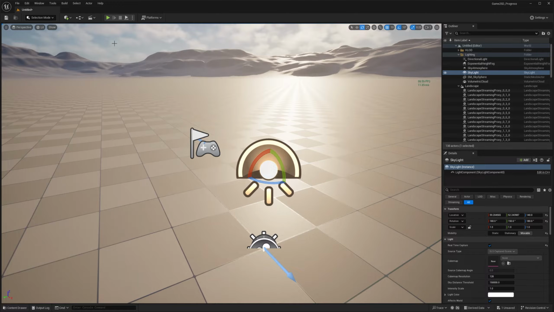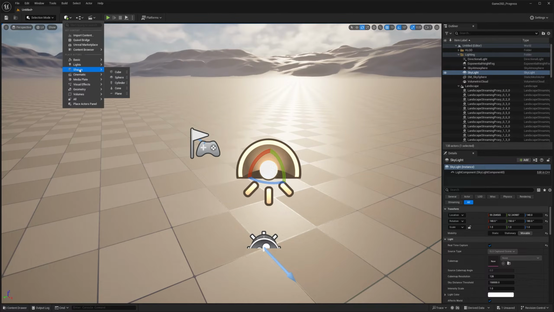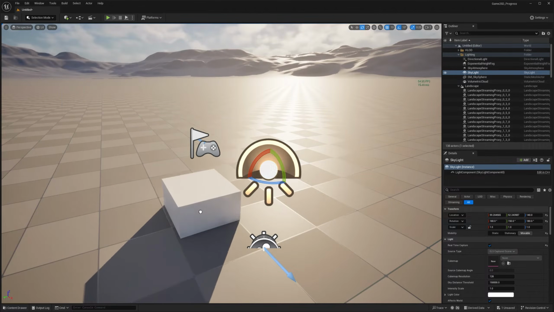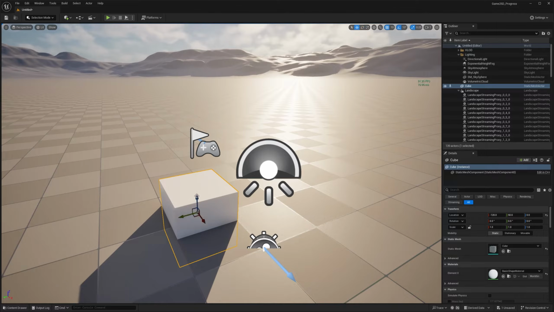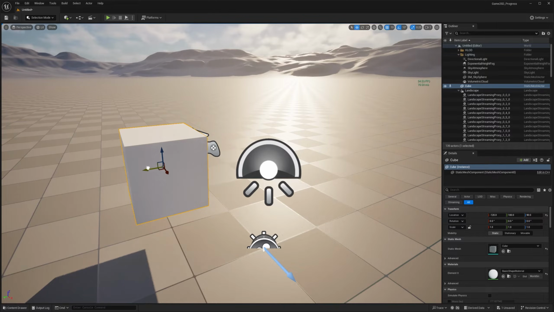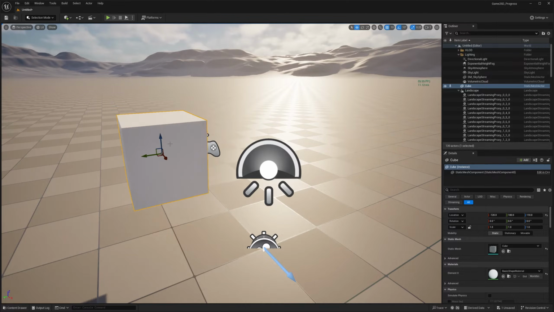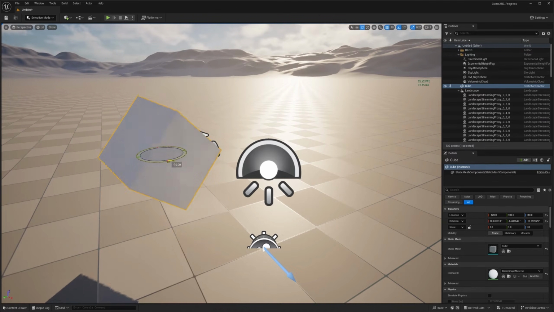So what I'm going to do is go to the top left here. A little bit of a tease for the next section, but I'm going to add a shape to my scene. Okay, I'm going to add the cube so we can see some of those manipulations happening in real time. So I'm pressing W to move up and down. I'm pressing E now to rotate. Rotation and position are pretty cool.